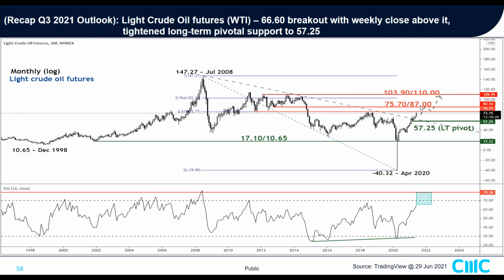Okay, so thereafter a break above 87 should take us higher towards this area here, which is 103.90/110. At that point in time, 57.25 was my key pivotal support level to maintain this bullish outlook on light crude oil futures, which is WTI. So what we could see in the